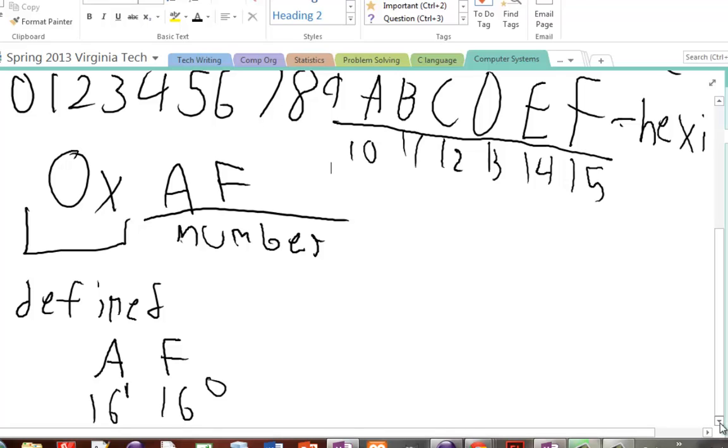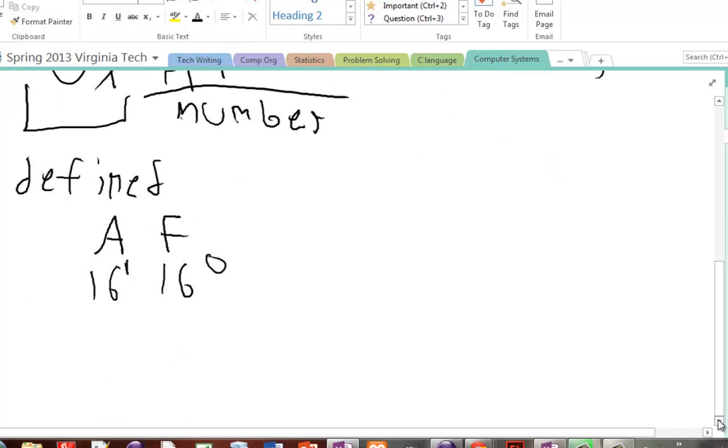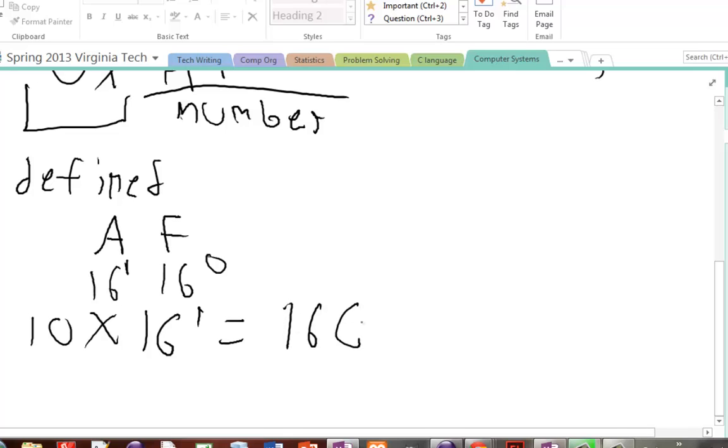So when I look at A and I'm trying to convert it, I should be thinking of 10, 11, 12, and 13 in decimal. That's important to note. It goes up to 15, which is F, and it's important to think about that there is a value after 9, which is 10, which is A. So since A means 10, it's 10 times 16 to the 1, which is 10 times 16, which is 160, I believe. And then F is 15, as I just showed you, so 15 times 16 to the